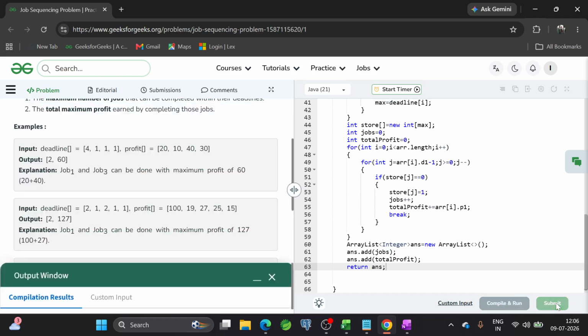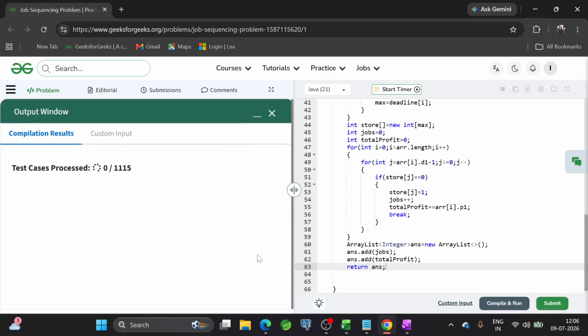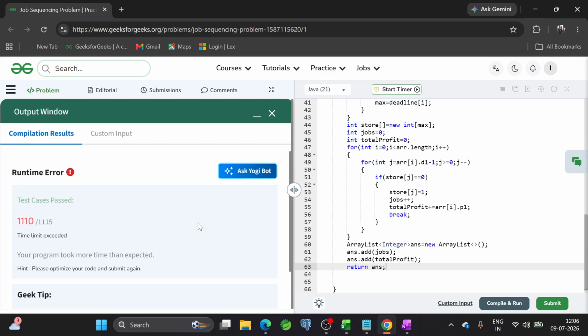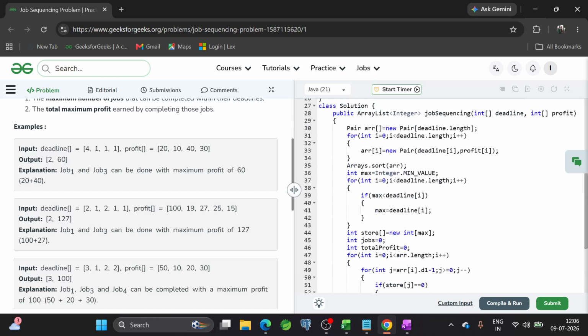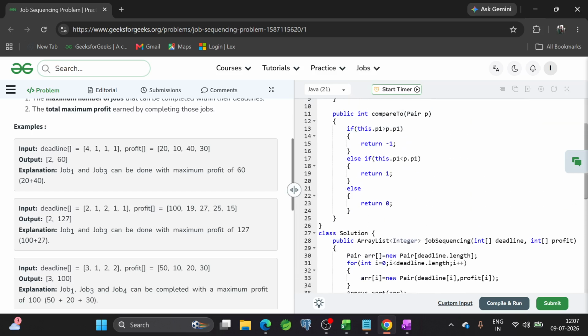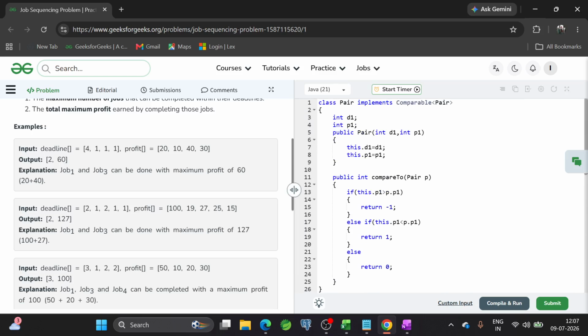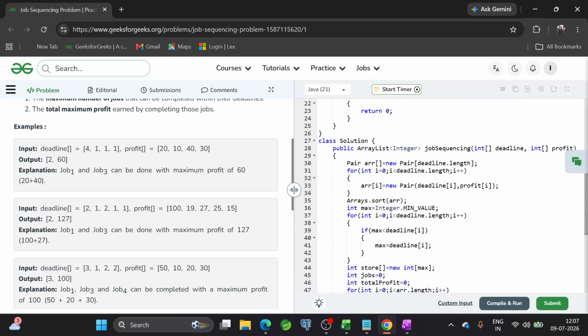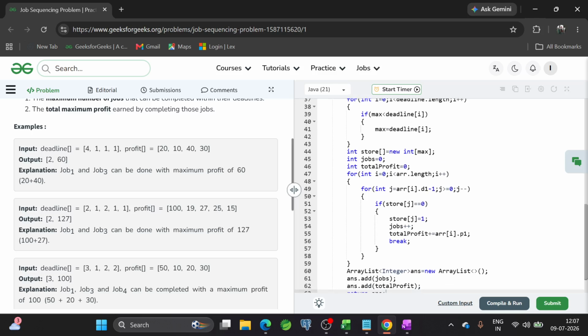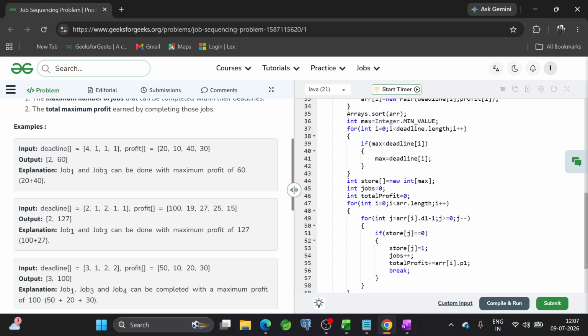Why? Let me check again. Okay, wait a minute. Did we do something wrong? No, no. Total number of jobs, max smaller than deadline. Okay.